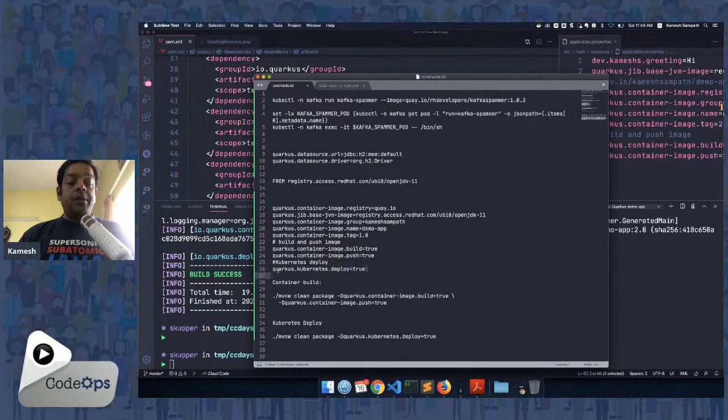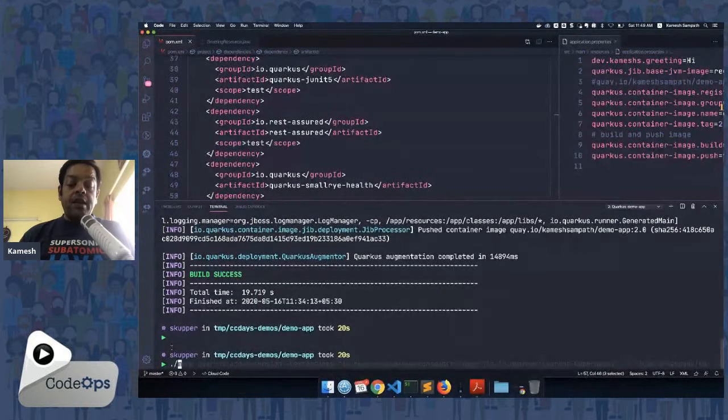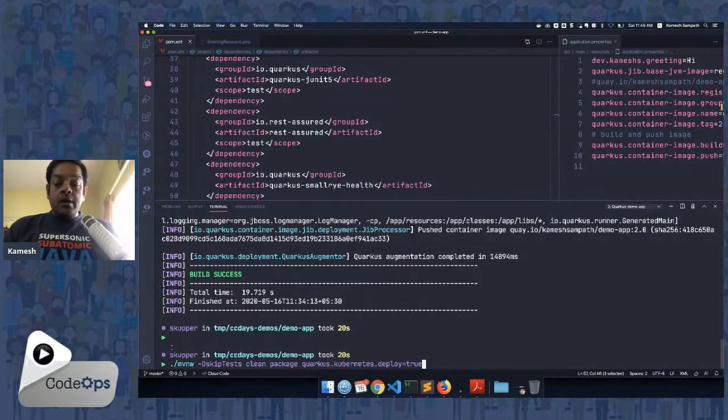I have not added this property to the property file, but you can do this as well. I just say mvnw -D skipTests clean package, and then I say deploy=true. So when I do this, what basically is going to happen is that, okay,